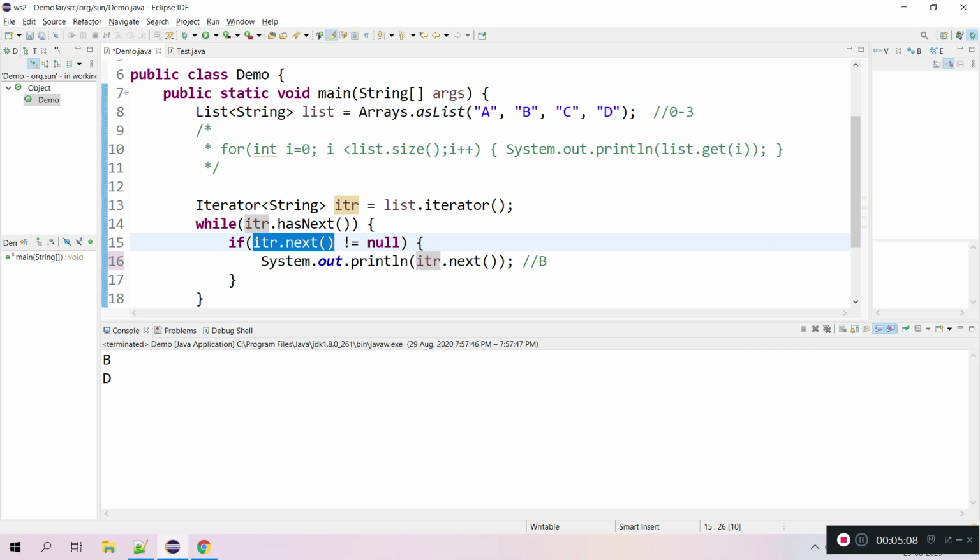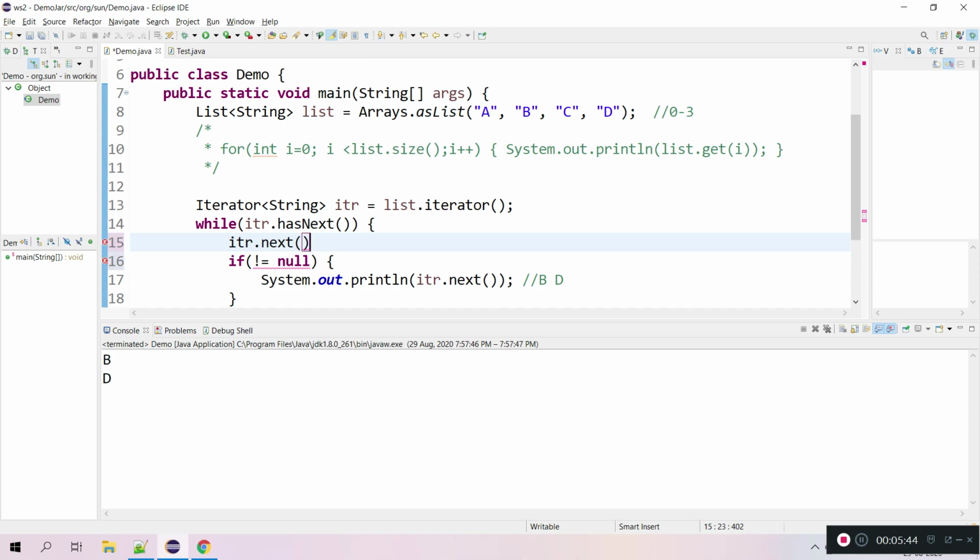So from B, our pointer is moving to C, and while printing, inside the println we are doing iterator.next again. So the pointer is moving from C to D. So C got skipped and D is going to print. So we got D here. That's the reason A and C got skipped. This is one of the issues when we use the Iterator or ListIterator API.